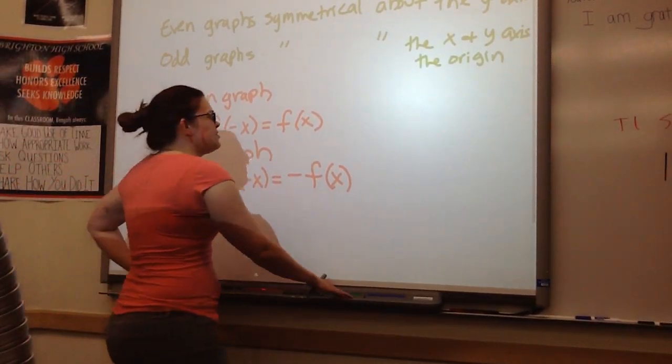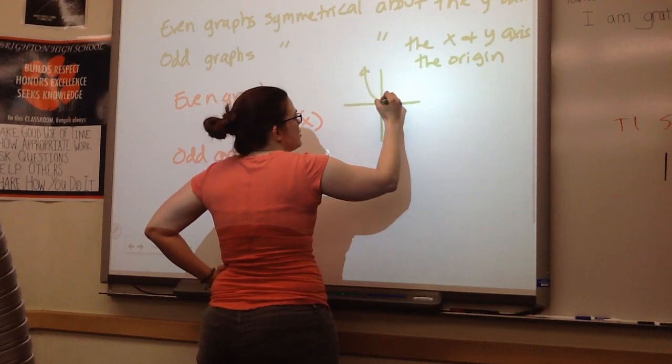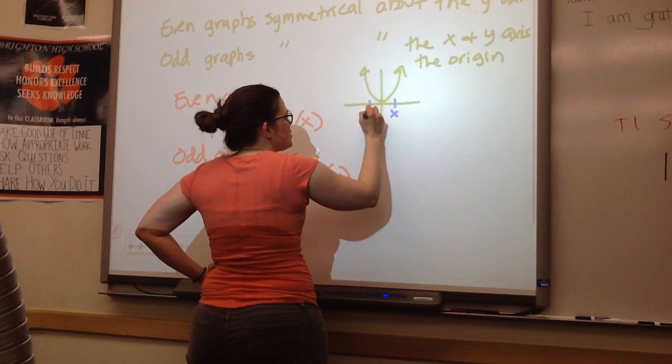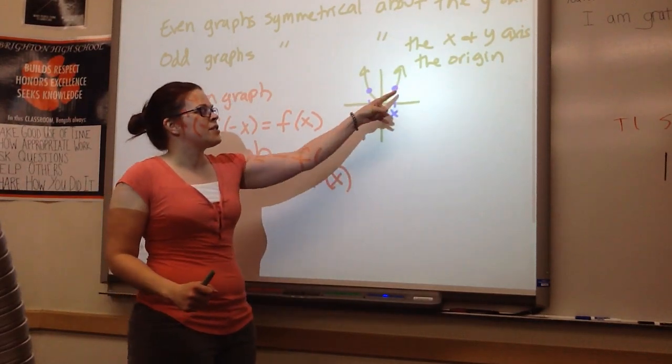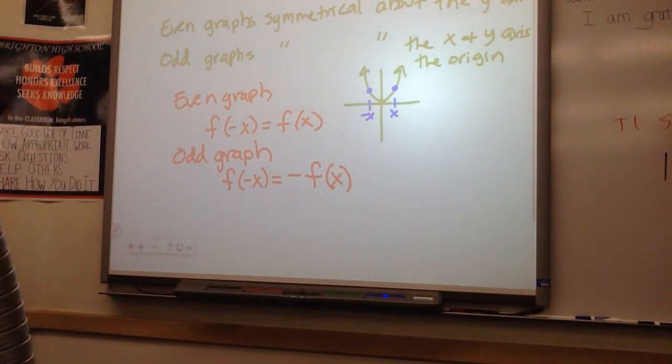so your even graphs, if I make a picture, so if we look at our parabolas that we've done lots of times, right? So if we call this x and we call this negative x, notice x and negative x have the same y values, right? I plug in the positive x value and the negative x value and I get the same y value on both of them, right? And then on an odd